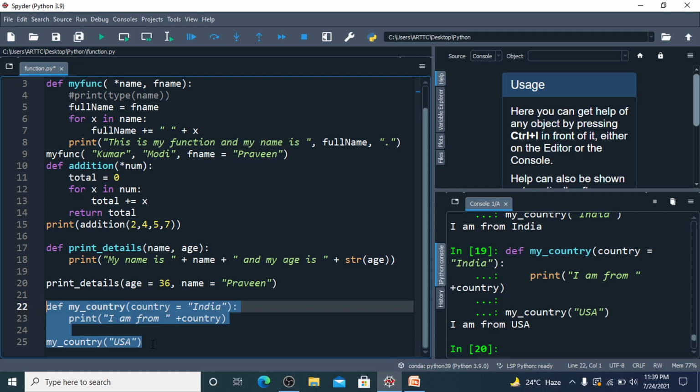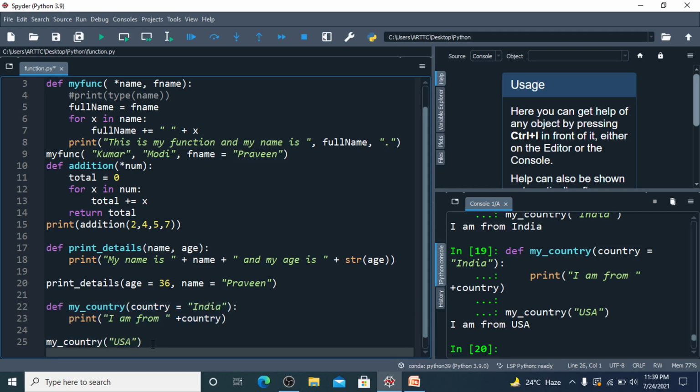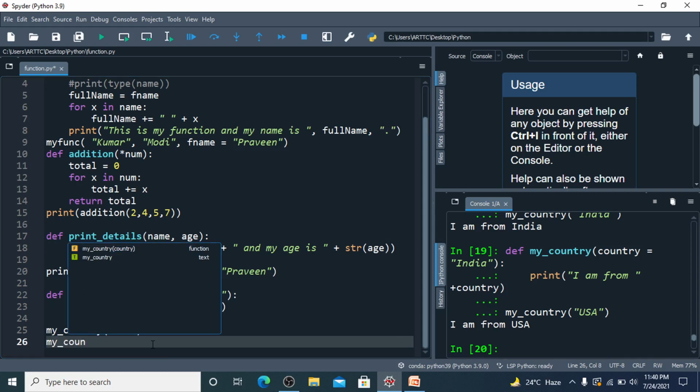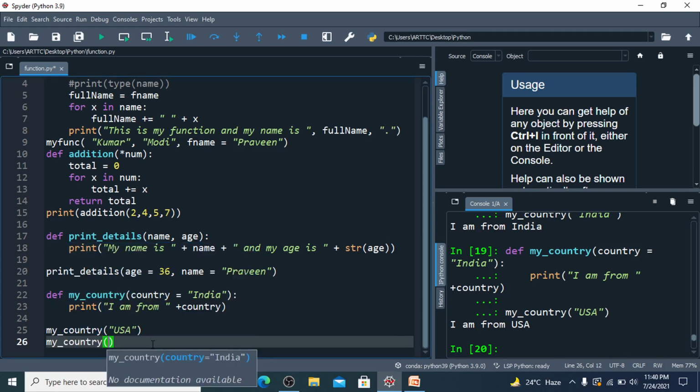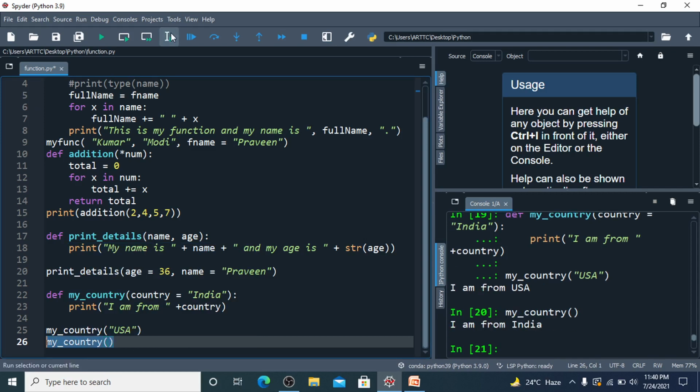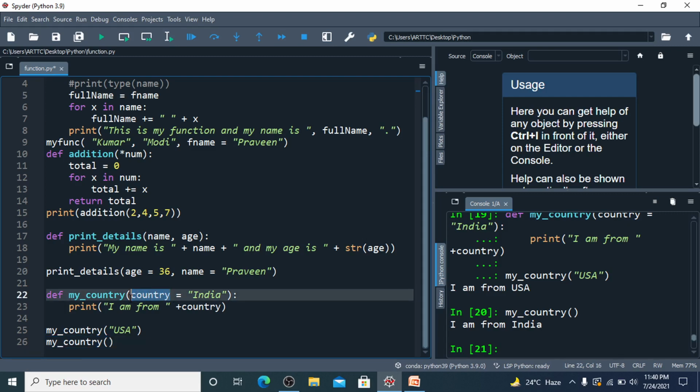But what if a person who belongs from India does not have to pass a value for this country argument? So we can simply use my country and then this one. So it will print I am from India. So this is a default value for this country argument. If you don't pass any value, it will use India. If you pass some value, it will use that value.